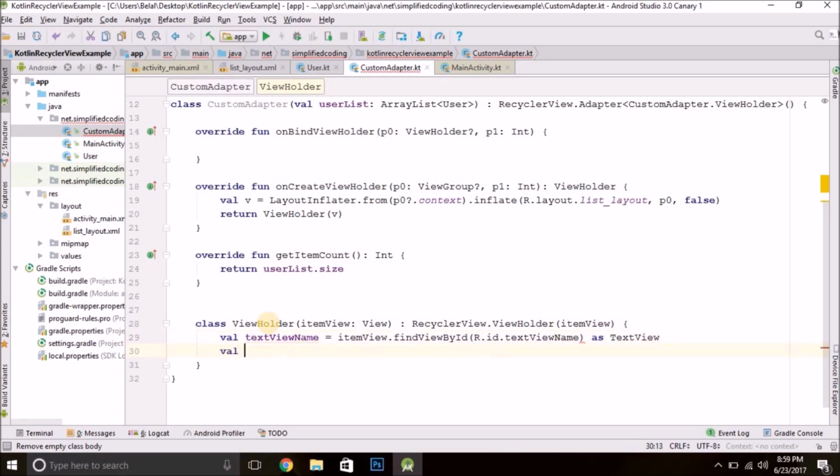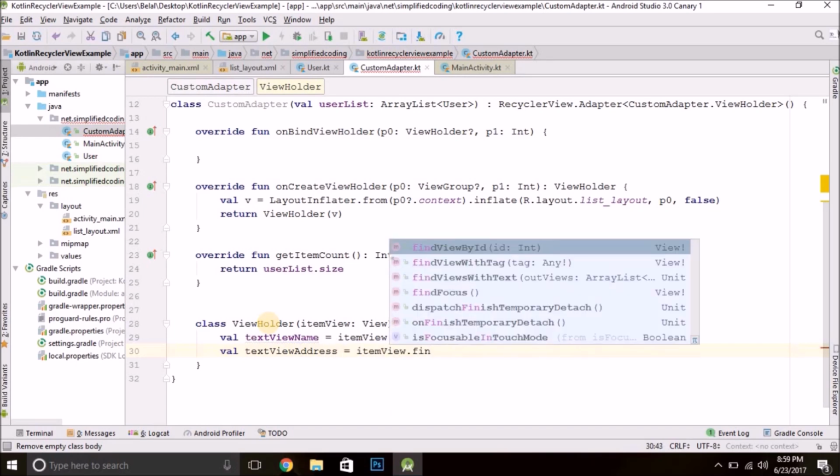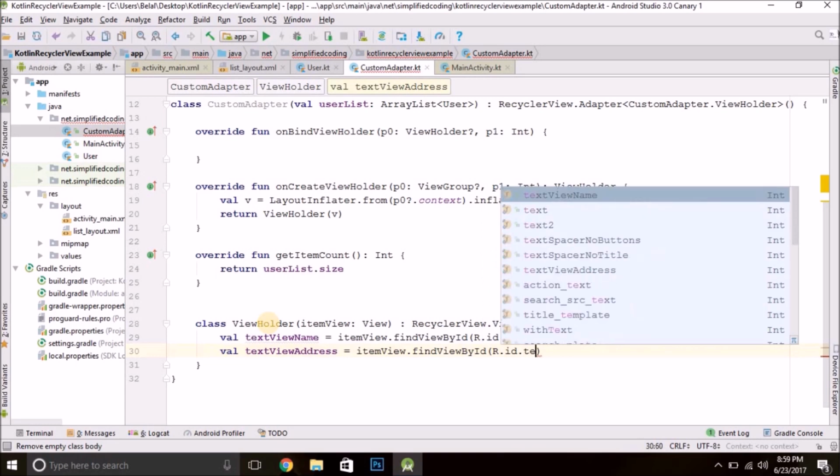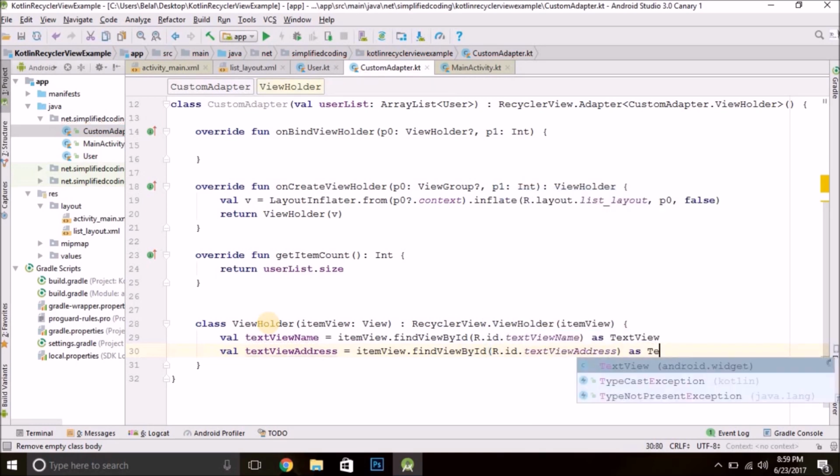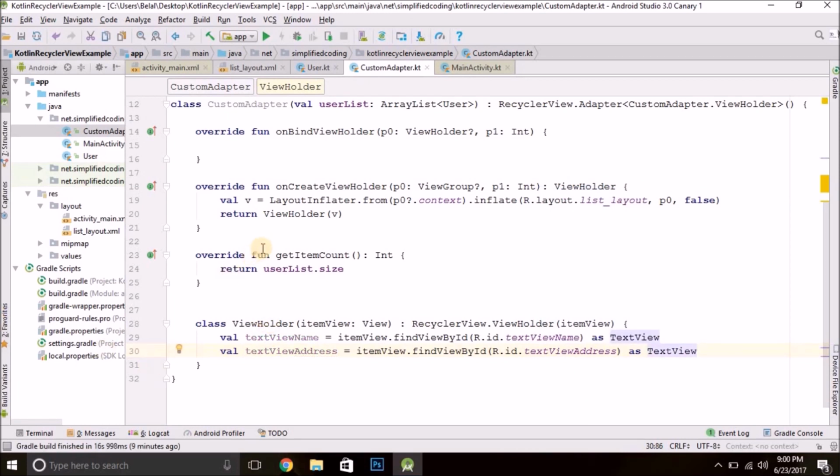Same for address, val textViewAddress equals itemView.findViewById R.id.textViewAddress as TextView. So we have textViewName and textViewAddress.